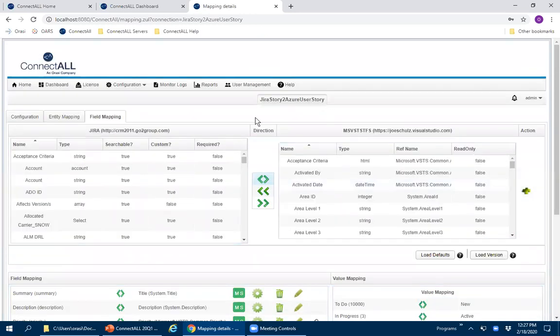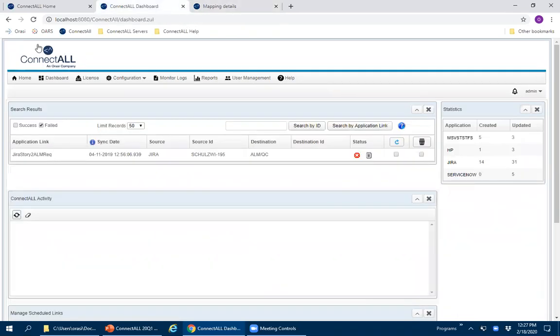And that's all there is to it. It's a matter of, as I said, identifying the server, identifying the object scope, and then identifying the field mapping. That three-step process then creates for us the application link, which then monitors the environment. If I need to monitor the actual work that's going on, ConnectAll has a dashboard which will show you the